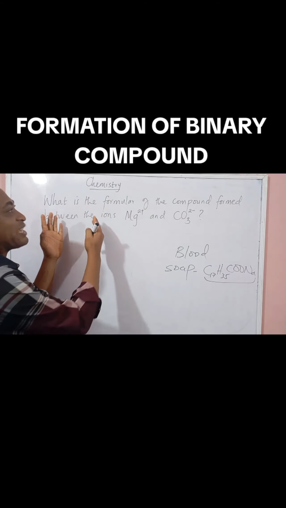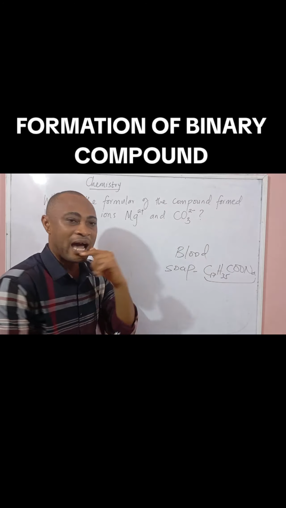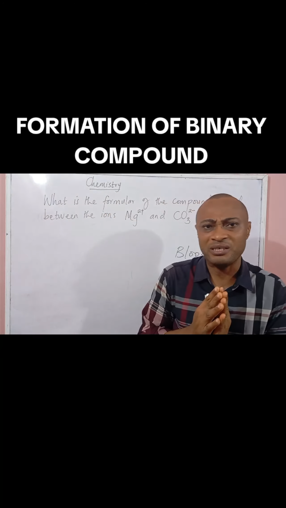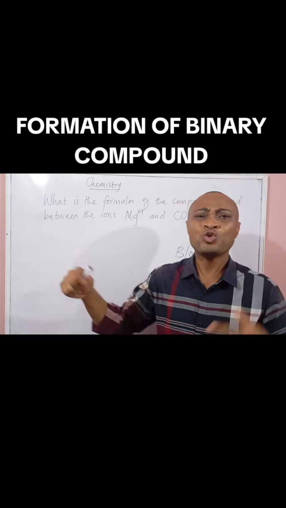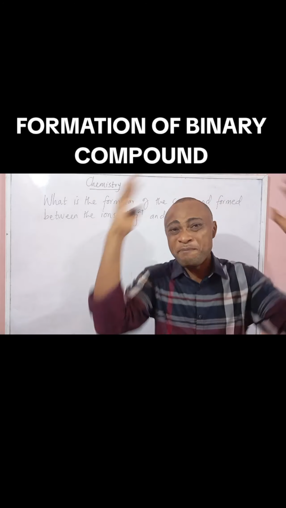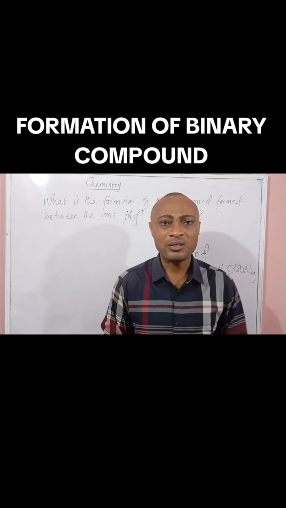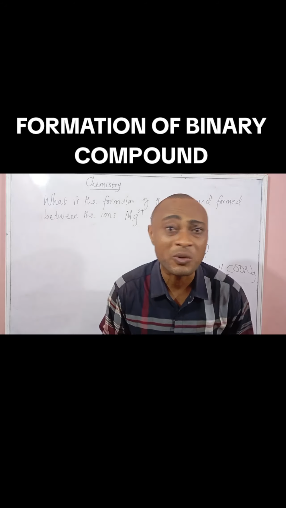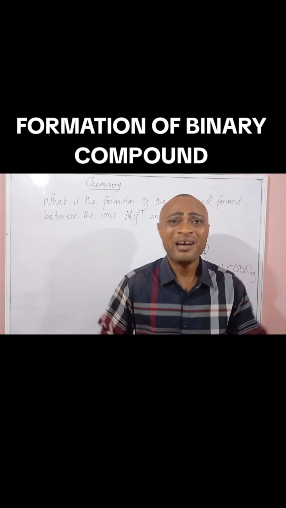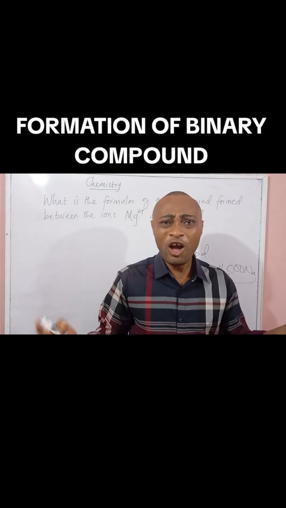Look at this. They say, what is the formula of the compound that is formed between magnesium ions and carbonate ions? You know, one major problem that students have is how to play around this to create a formula that can be used to illustrate a major compound. Sometimes you say magnesium trioxocarbonate(IV), and students who admire you keep looking at you this way. What is he saying? Sodium chloride, what is he saying? I just mentioned sodium octadecanoate. What is he saying? All of these things.